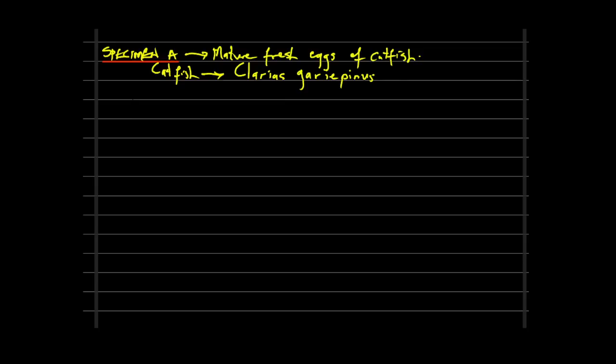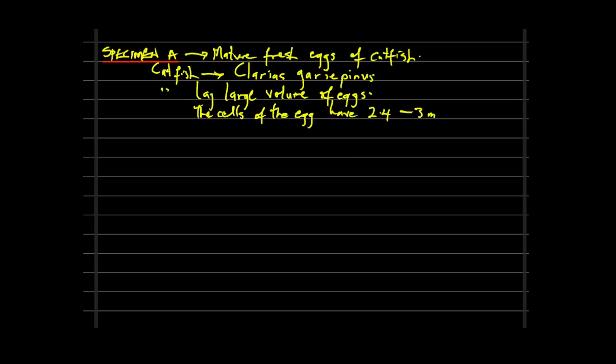So let's quickly have a summary of what we have said. We said that catfishes lay a large volume of eggs, and that the cells of the eggs are between 2.4 to 3 millimeter in diameter, and usually they are transparent